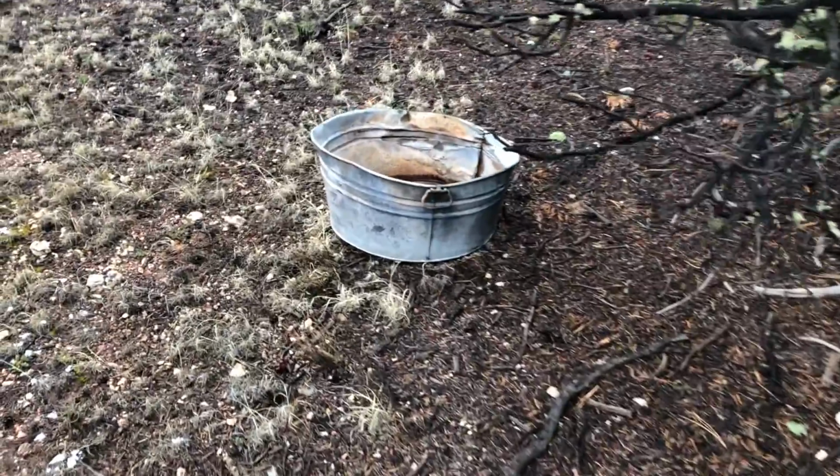It's cool the things you find when you're out shed hunting. I've said it a couple times during this series and talked about it with friends. It's not necessarily the sheds, it's the stuff you find. Like this, in the middle of nowhere. A bunch of holes poked in the bottom of it. And